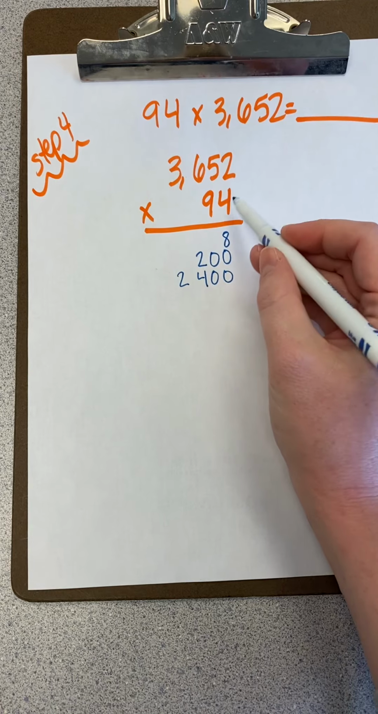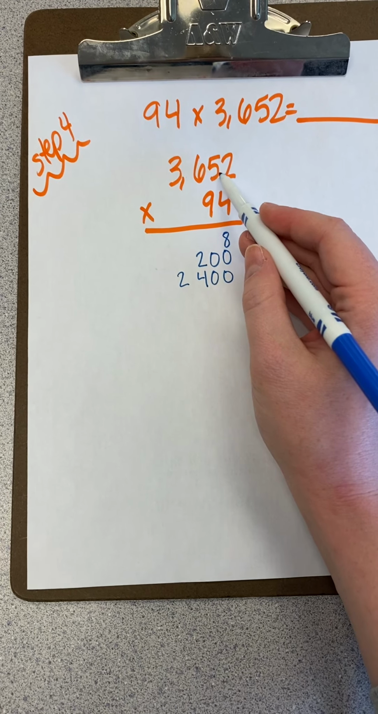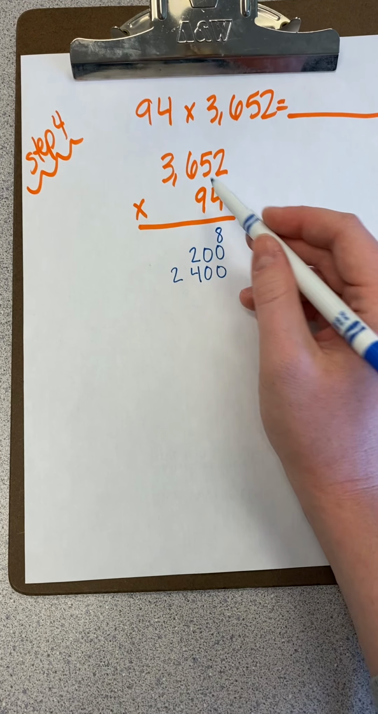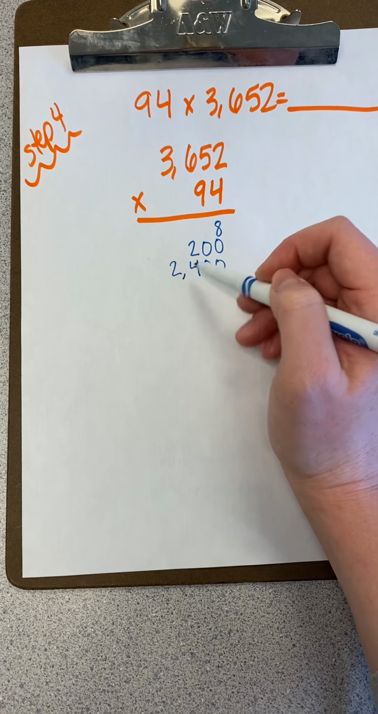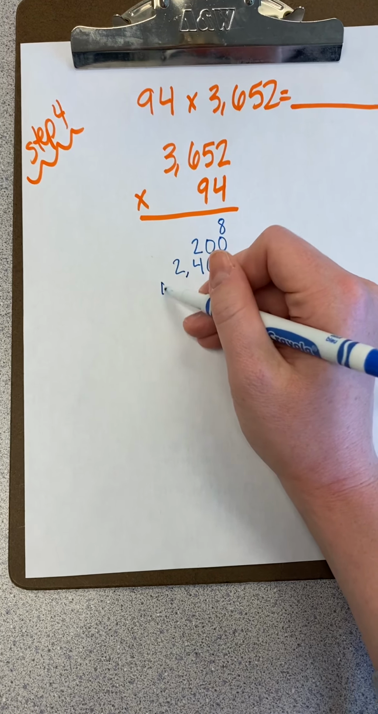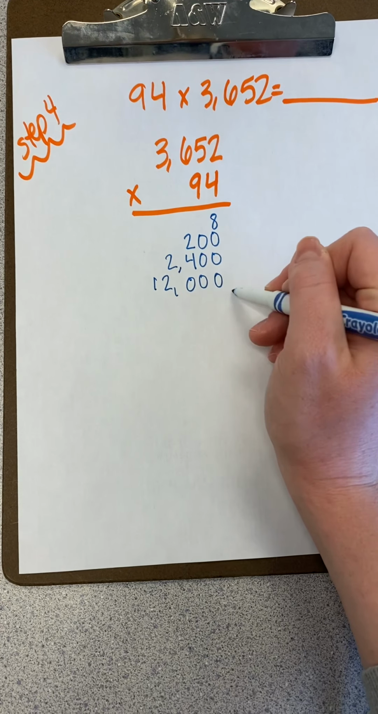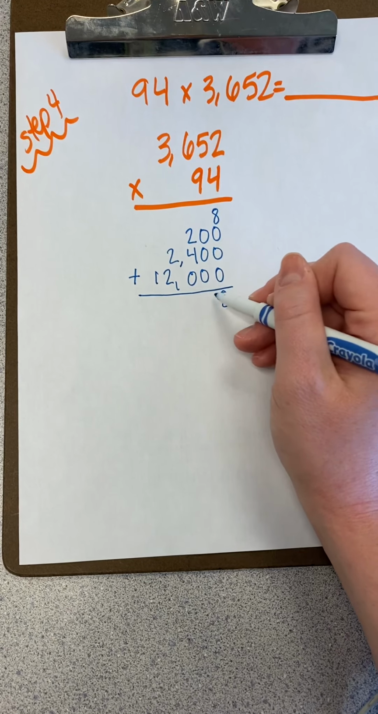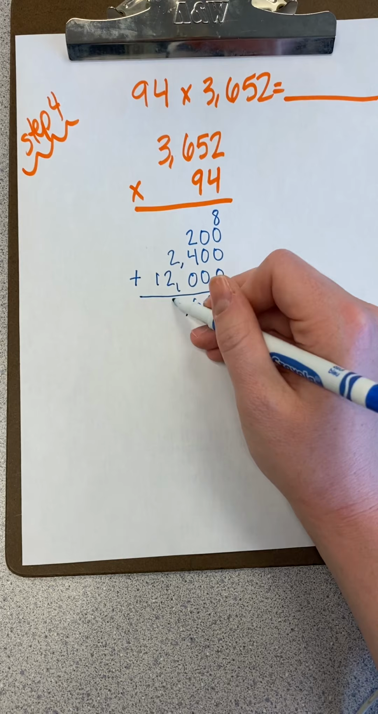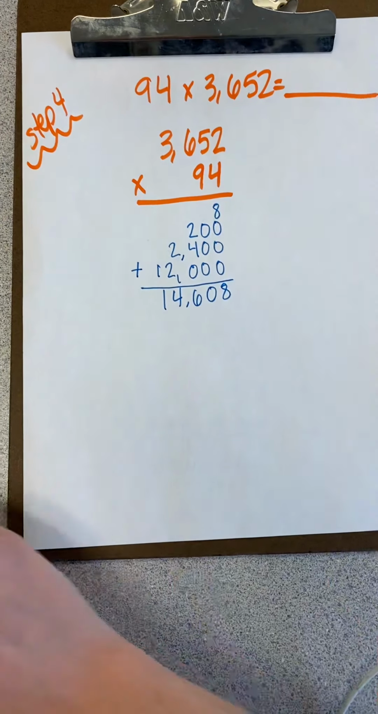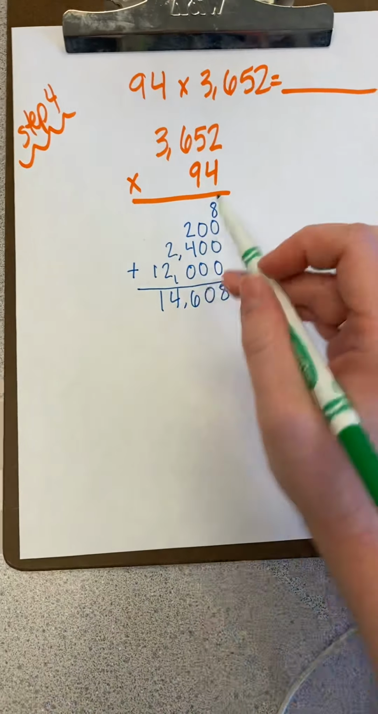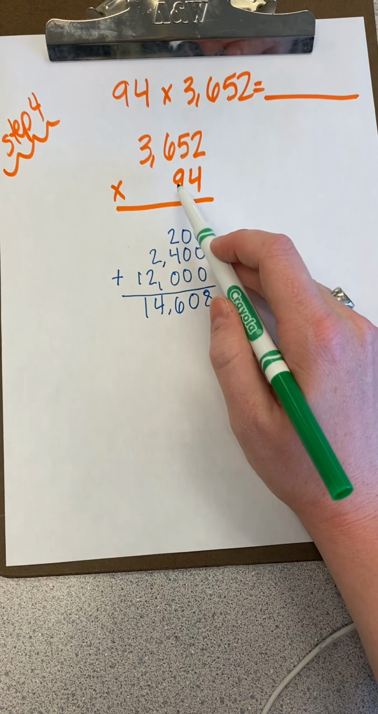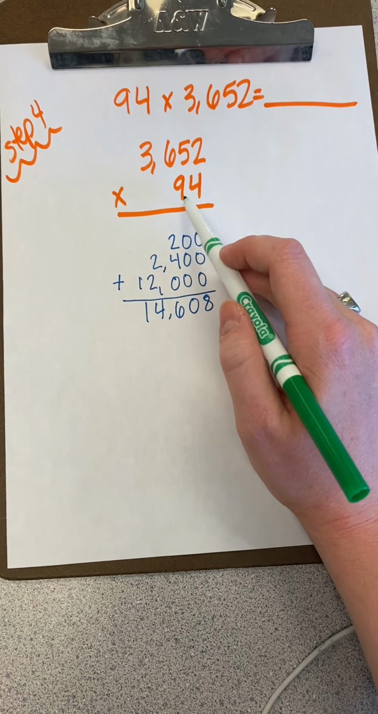So I have 4 times 2 is 8, 4 times 5 tens is 20 tens, or 200. 4 times 6 hundreds is 24 hundreds, or 2,400. And 4 times 3,000 is 12,000. So I'm going to stop here and add all of these together. And that gives me 14,608. From here, I'm going to multiply each of my digits in 3,652 by 90, because this 9 represents 9